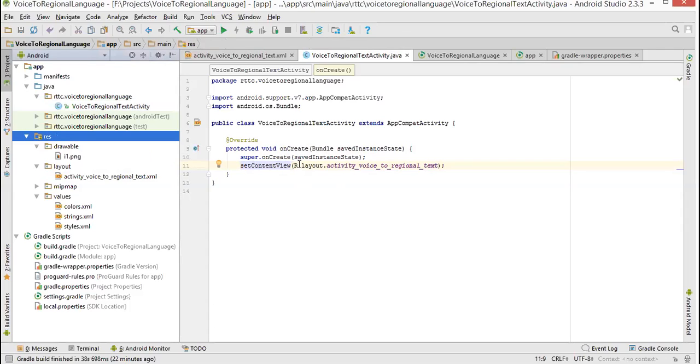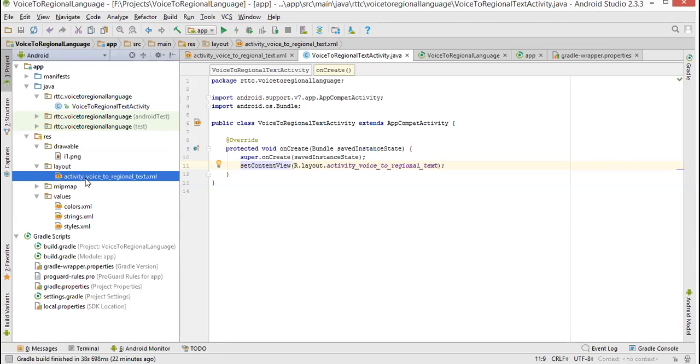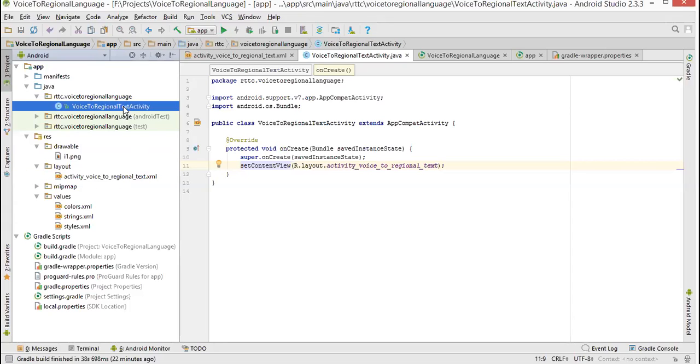It is treated as a Java file called R. Inside that there is one folder, what is that folder? Layout. Inside that layout, what is there? One XML file. So you are able to access this XML file inside this activity, that is this Java file, using this method with the argument R.layout.activity_voice_to_regional_text, isn't it?